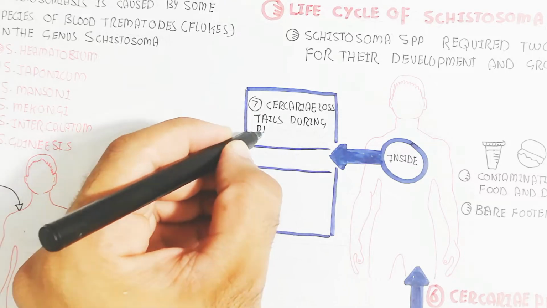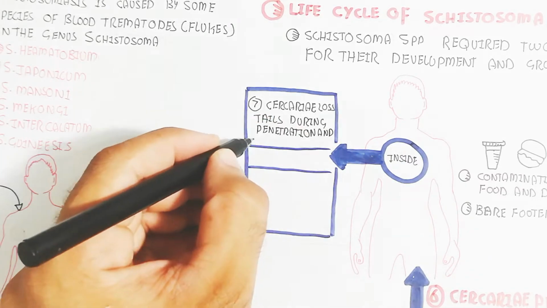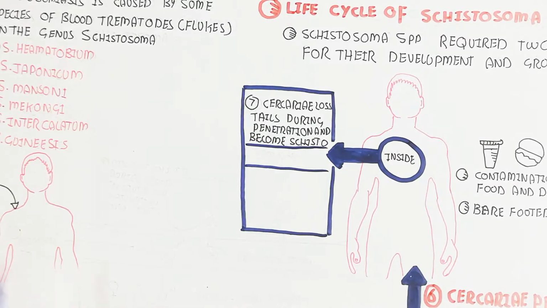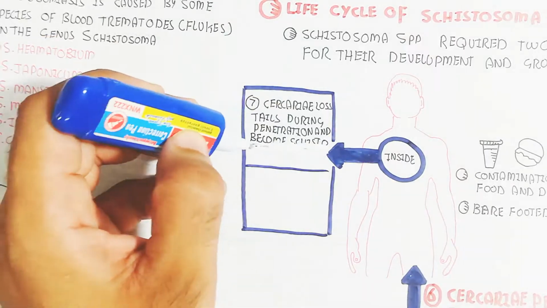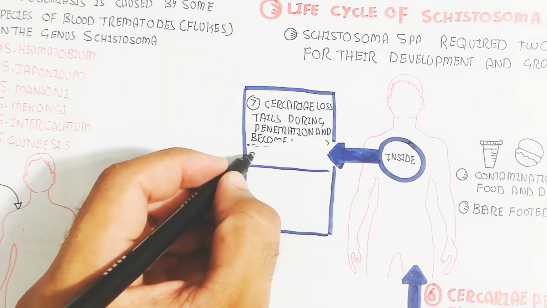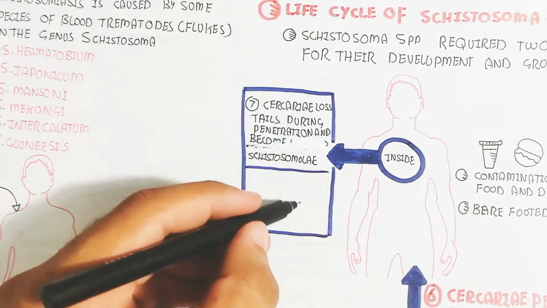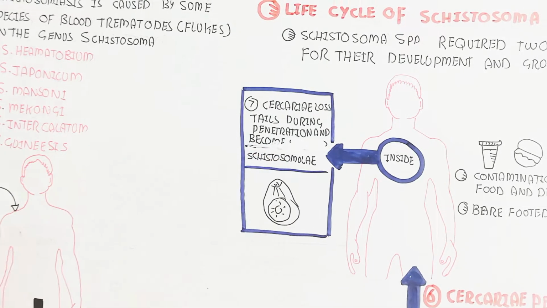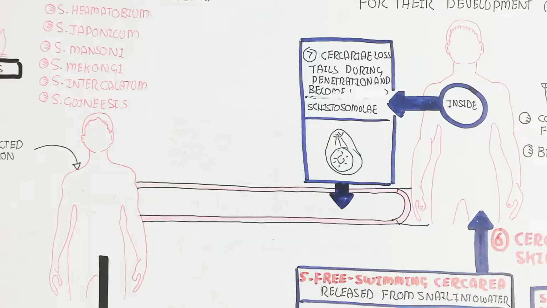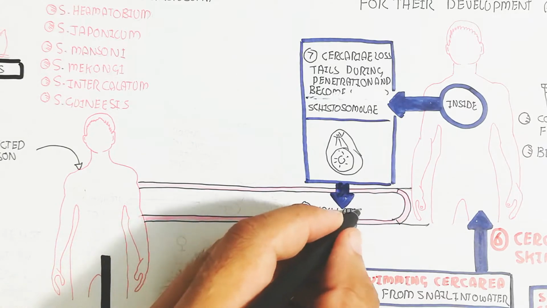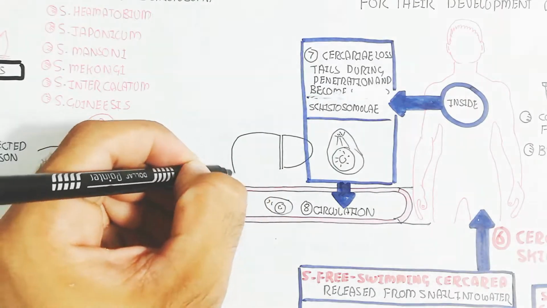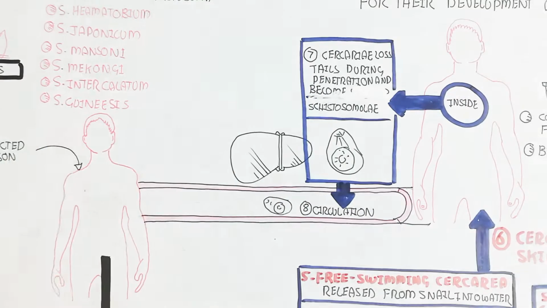Basically, the cercaria tail is ruptured during penetration, and the schistosomula is produced, which enters into the blood circulatory system. And in this way step 7 is this, while step 8 is the circulation. So this schistosomula circulates and migrates to the portal blood in the liver, and matures into adults